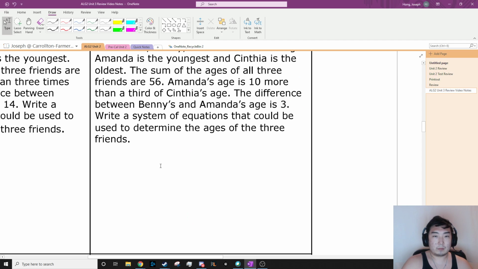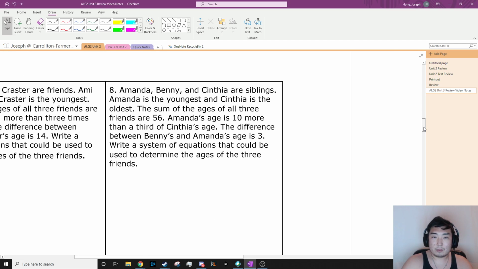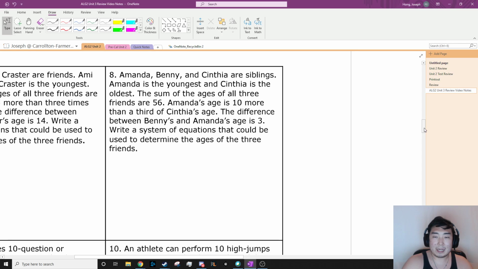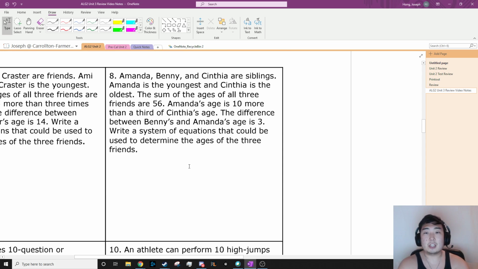Nice. Problem 8. Now it gets a little bit spicier. So we have Amanda, Benny, and Cynthia, and they are siblings. Amanda is the youngest, and Cynthia is the oldest. The sum of the ages of all 3 siblings